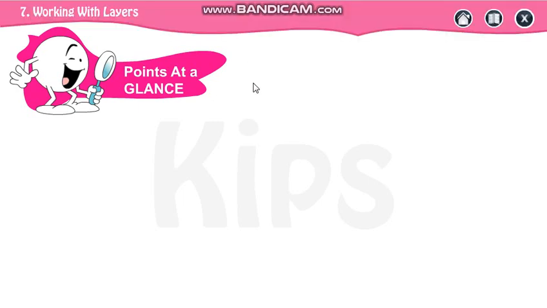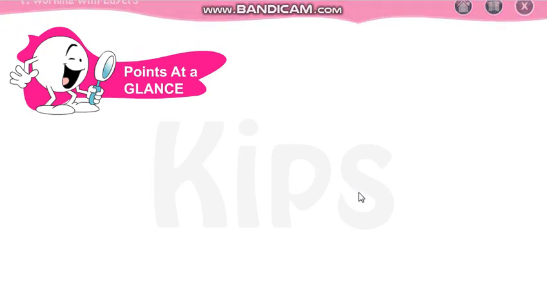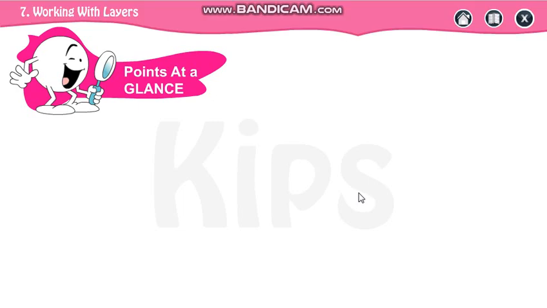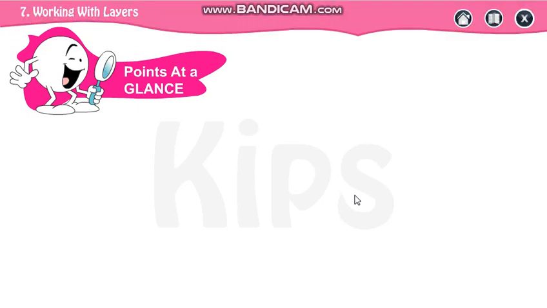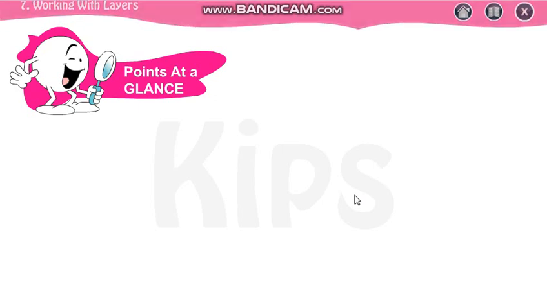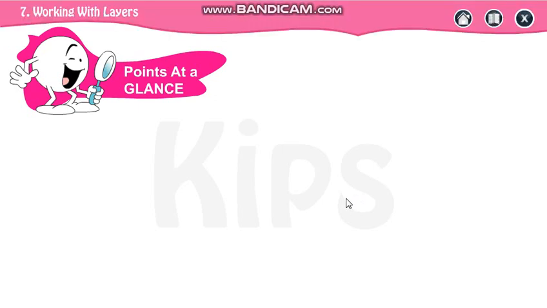So that's all for this lesson. We have completed this lesson. In this lesson we have learned how to insert layers, how to rename layers, how to delete layers, how to hide layers, how to rearrange the layers. Then we have done your masking effect, and then we have done your onion skin tool.